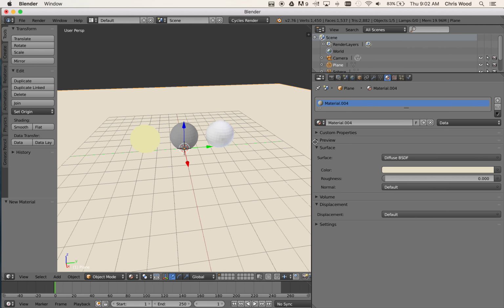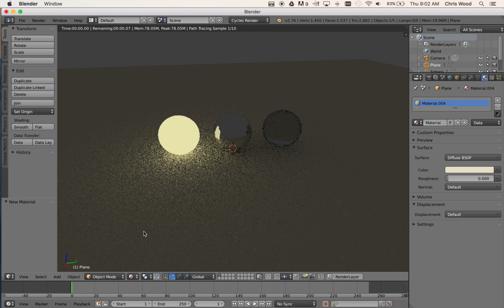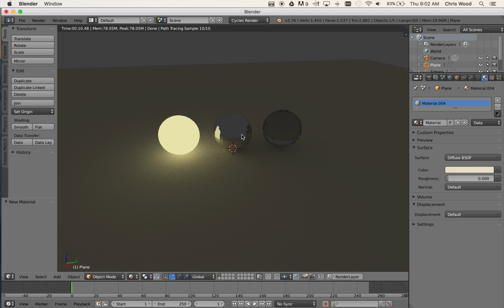Okay, so let's start to have a look at our scene in rendered mode. And we can see that, so I flipped that up into render, we can start to see that we've got this emission material on one ball. We can see we've got the reflection of it in the next one, which is our chrome sphere, and the glass is like inverting the light as we see it. Okay, so that's starting to work, but the next thing that we need to do is we're going to dig